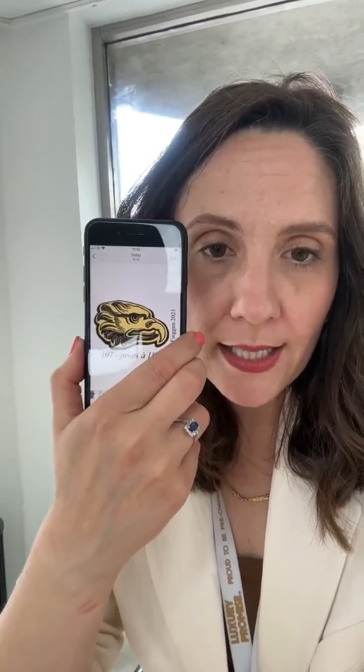So what I was going to show you is what some of these marks look like up close. Can you see that? That is the eagle's head. That is a French assay mark that indicates 18 karat gold. So Chanel fine jewelry, Cartier, VCA will all have this hallmark on it. They've been using these for over 150 years. So this is the mark that you will see to indicate 18 karat gold, and that is a government assay